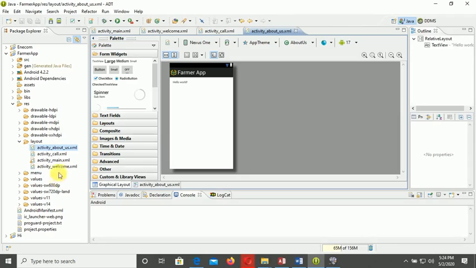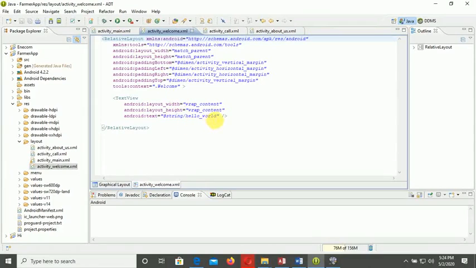Then the next one. So right now that we are creating the pages, I want us to add two or three commands in it. So let's go to the main. When you come to the working environment, on top of it we have the main activity XML page here. We have the welcome, we have the call, then the about us. So let's go to the welcome. At the welcome, you still have the hello there. So we go back, we make changes to the hello, then we'll give it